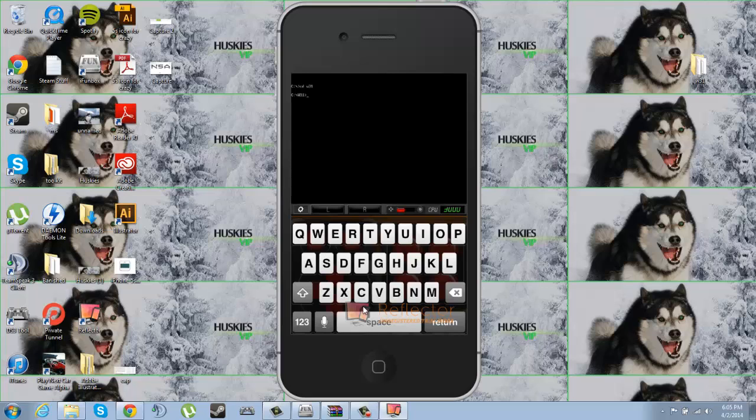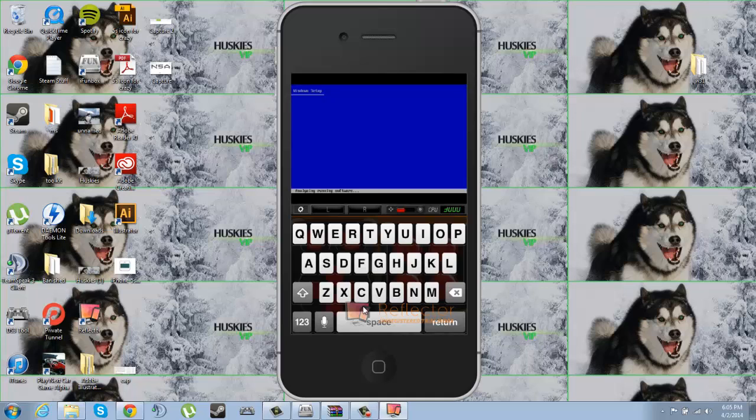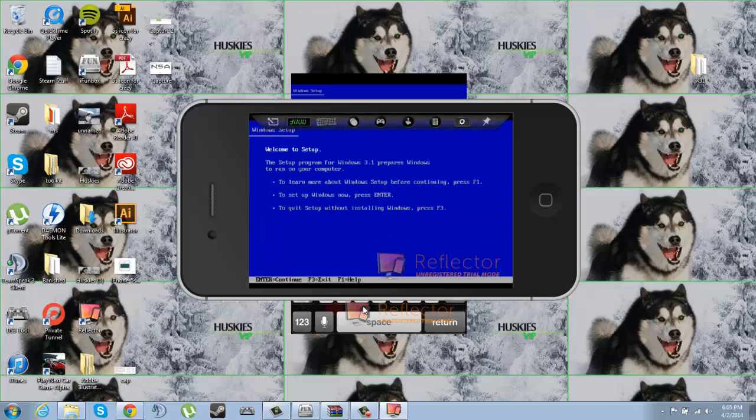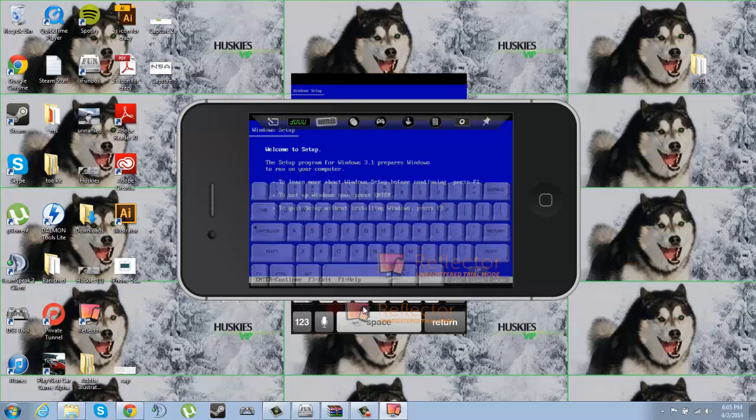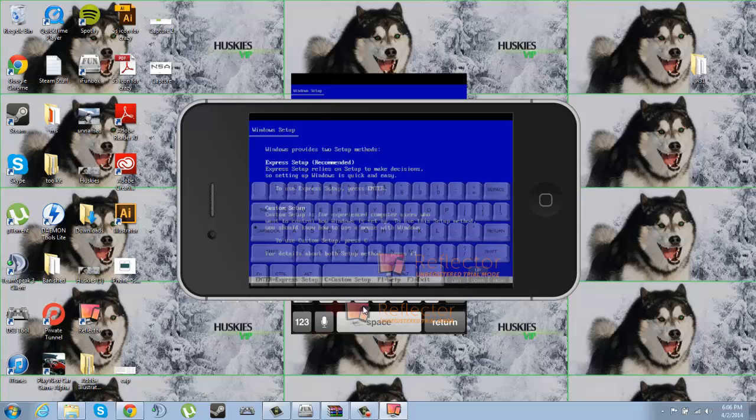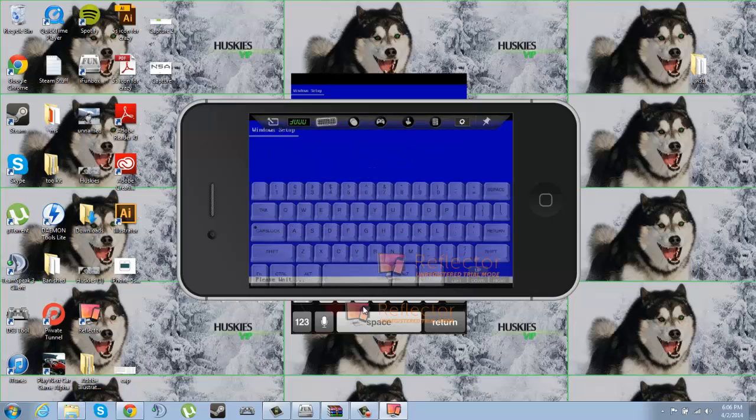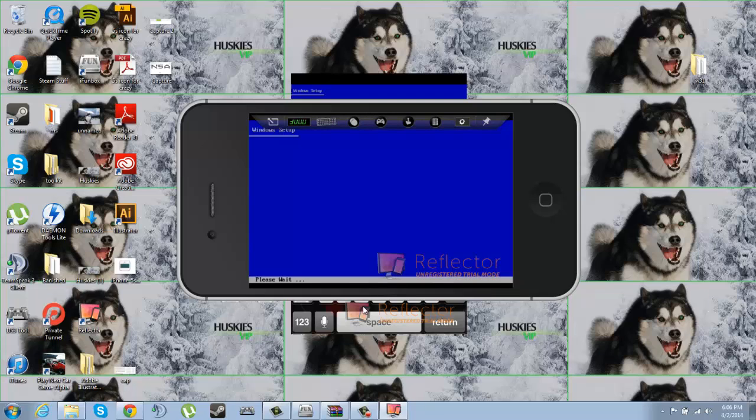Now you're going to run setup.exe. And it's going to load setup. And I will turn it sideways so you can see that easier. You're going to pull up the keyboard at the top. You should see press enter and enter, and now it will start copying all the files